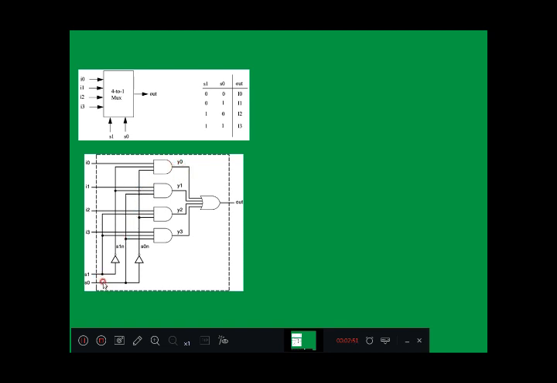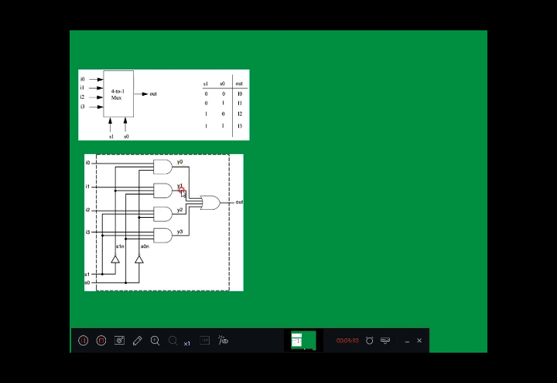Further, once one particular gate is selected, look at the remaining 3 AND gate outputs. Here S1, which we have assumed 0 0, so 1 is connected. S0, if you observe, 0 is connected. For an AND gate, if one of the inputs is 0, it doesn't depend on I1, so the output will be 0. So when Y0 is selecting I0, the remaining 3 outputs Y1, Y2, Y3 will be 0.